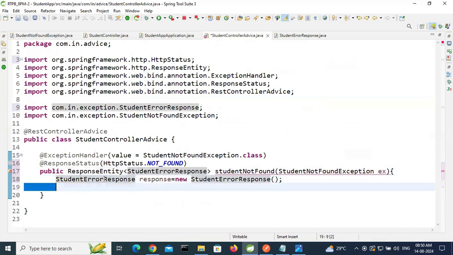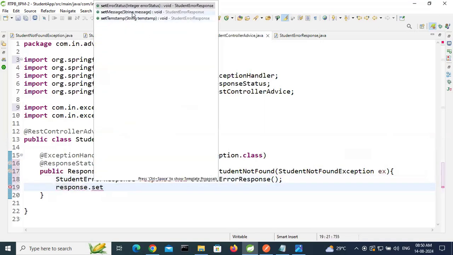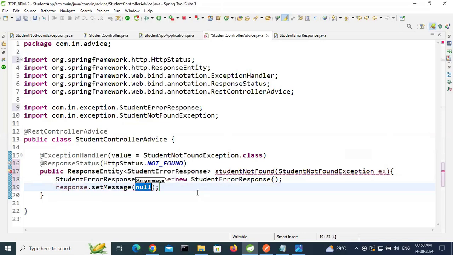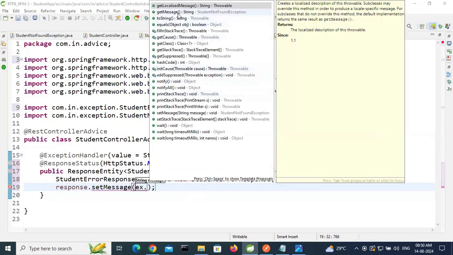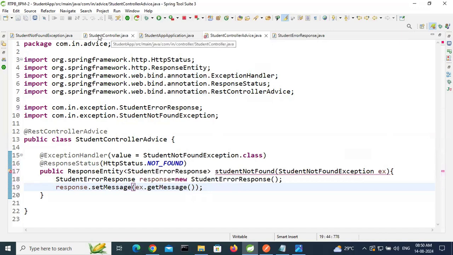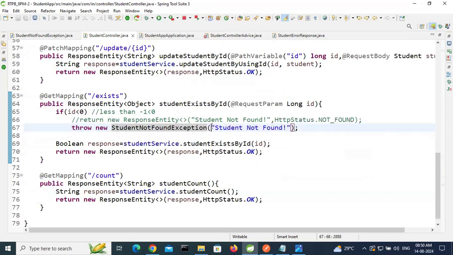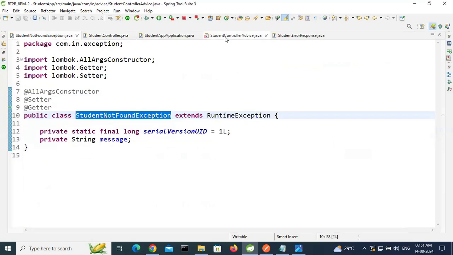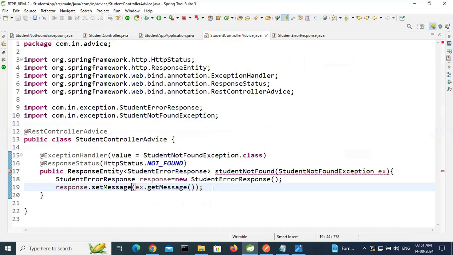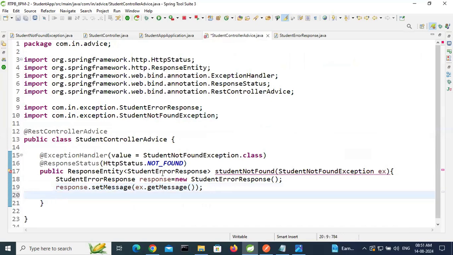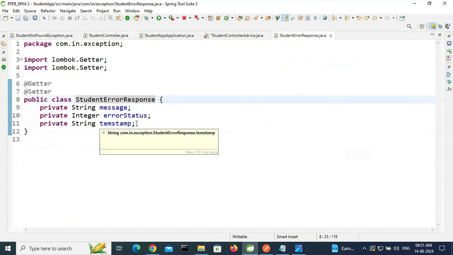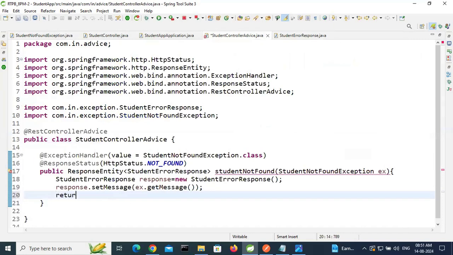So response dot set message. It is expecting a string. So ex.getMessage. Because whenever StudentNotFoundException is raised, we are passing one parameter, right? This is the value we are passing. So the same value we are now storing here, set message. We will check whether it is giving the expected output or not. Then we can add the other two fields, integer and timestamp. Two fields are there, right? So return new